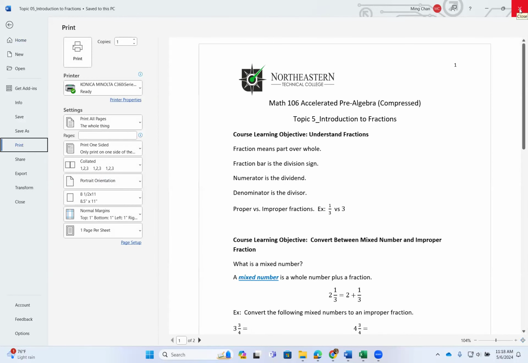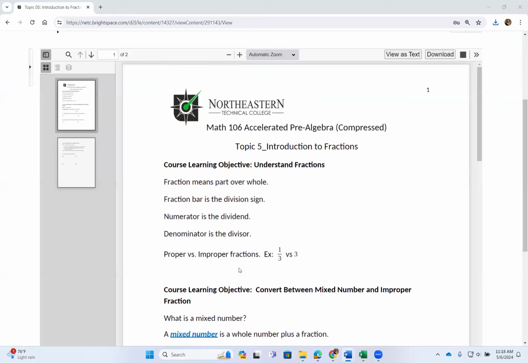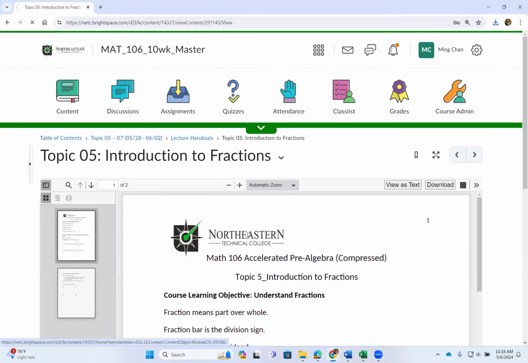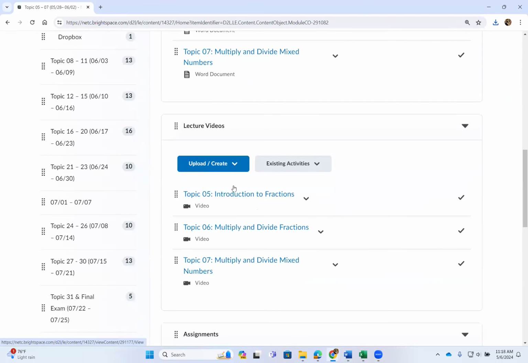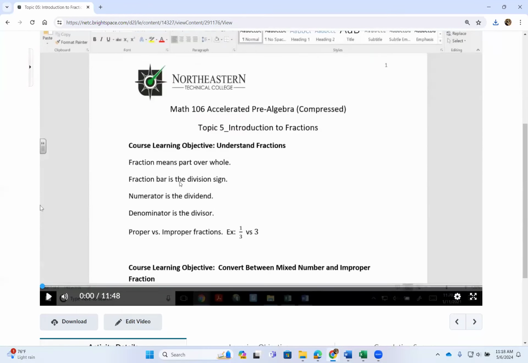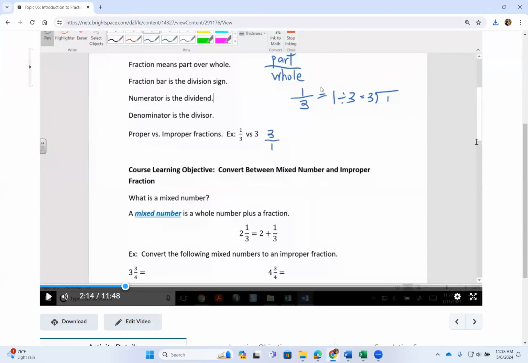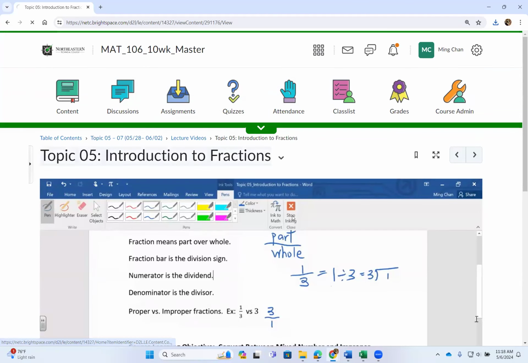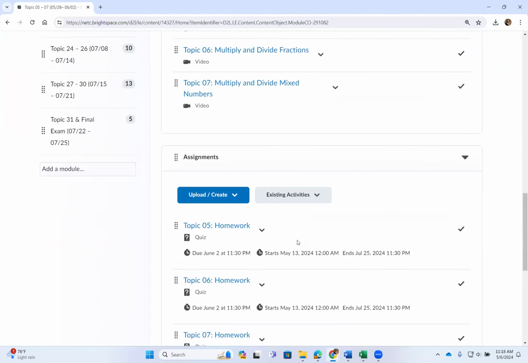So every week, students print or copy down what's on the lecture handout, then use the lecture handout, watch the lecture videos, and take notes on the handouts. What you see on the video is the same as what's on the handout. The handout is basically an empty handout. As I work out problems, students just follow along and copy down what I wrote onto the lecture handout. Once you have completed your lecture video, you can scroll down a little bit and begin your